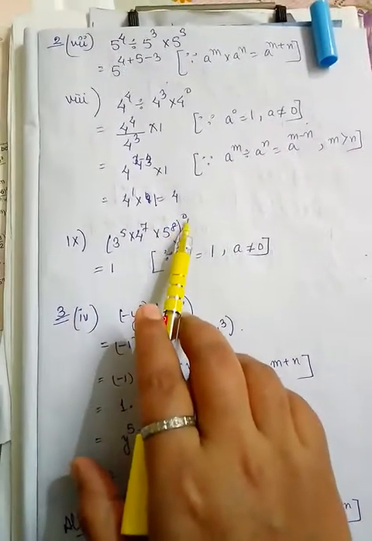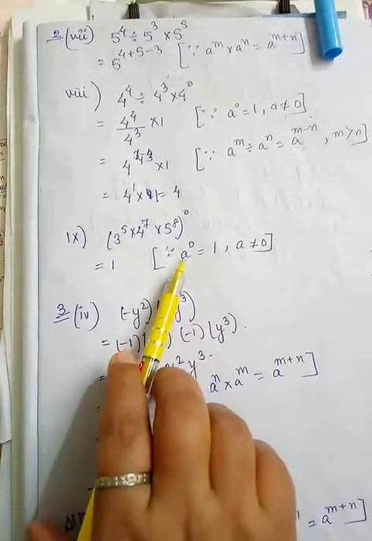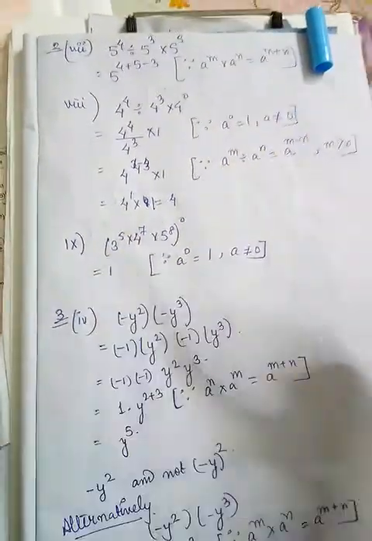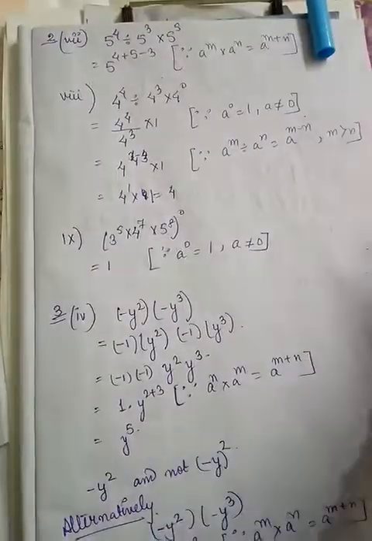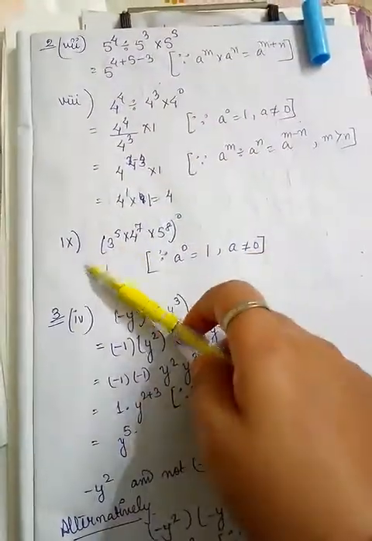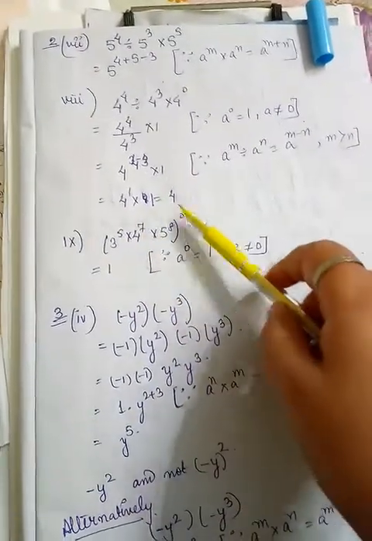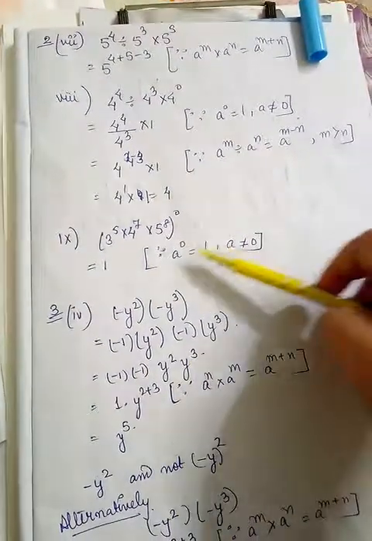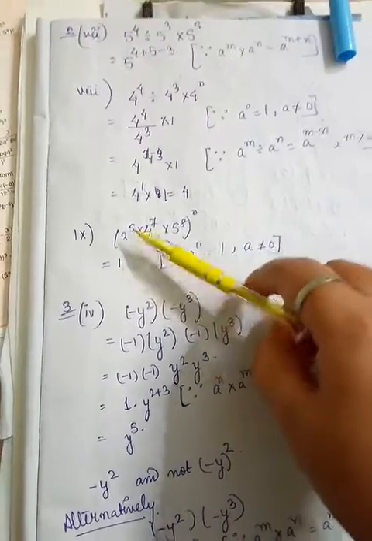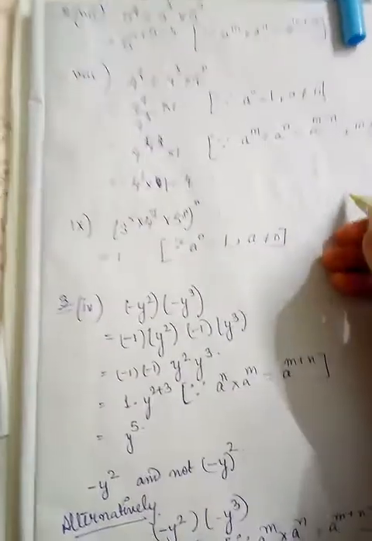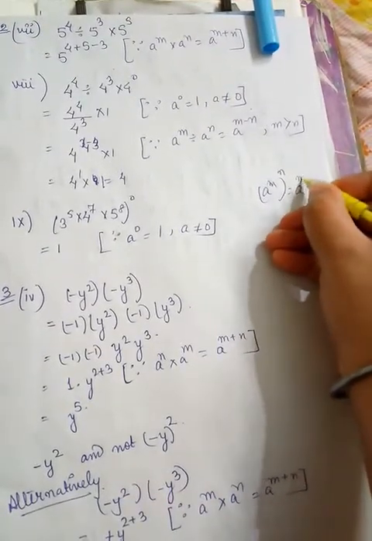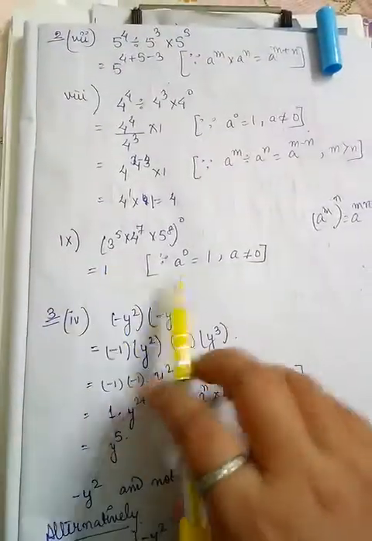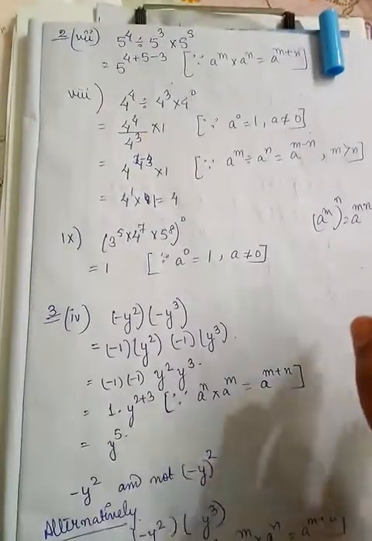whole power is 0. So we can just write that a to the power 0 is equal to 1, because we know that when we multiply any number with 0, the result is 0. Similarly, any number having power 0 will be equal to 1. So you can directly write it as 1, or you can use a raised to the power m whole raised to the power n equals a raised to the power m into n, and then you can bring one more step ahead. But even if you write equals 1 and give the general formula, then also it is correct.